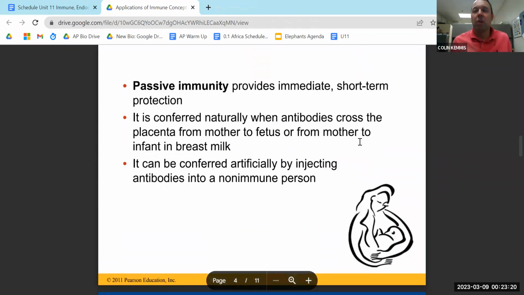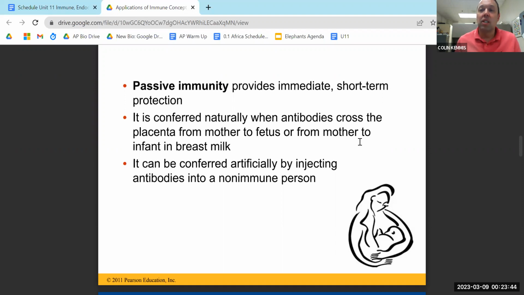Passive immunity is when you would get antibodies from another source. So you don't have cells that are making the antibodies, but you could get them from somewhere else. There are 2 ways to get these antibodies. One is through the mother's milk when you were a baby. And so this is one of the reasons babies that are breastfed are a little bit more healthy their first year of life. Number 2,